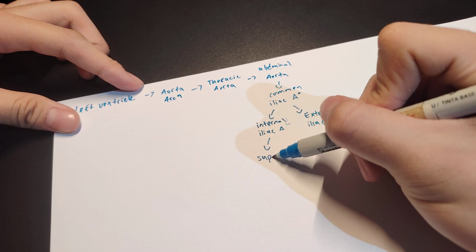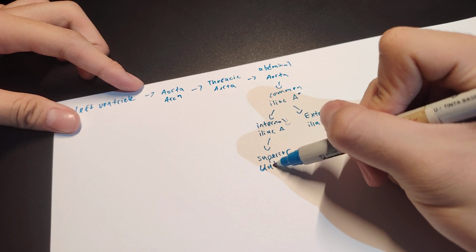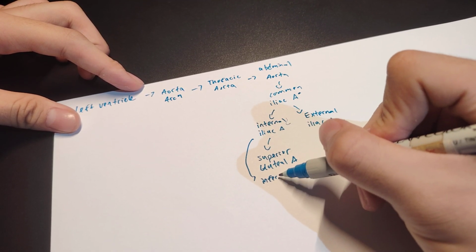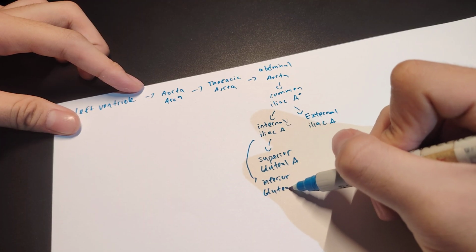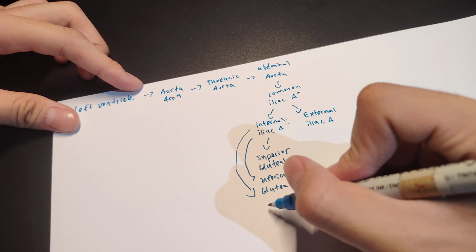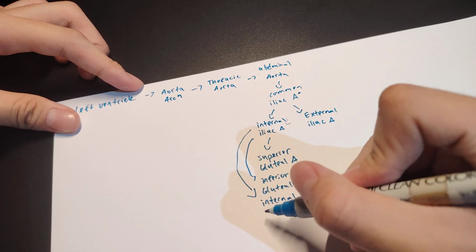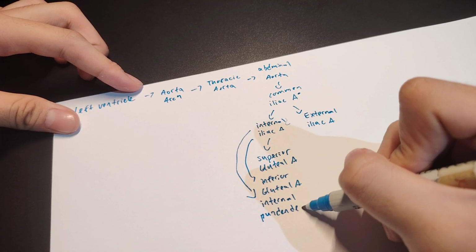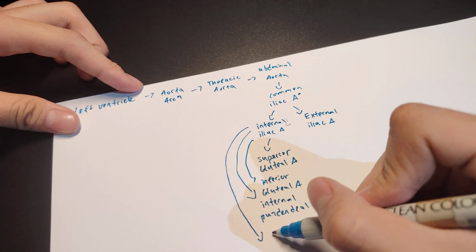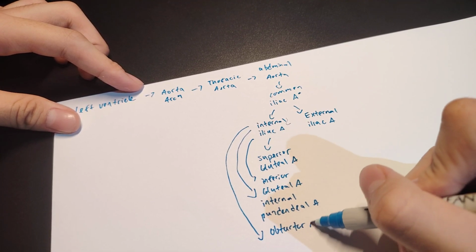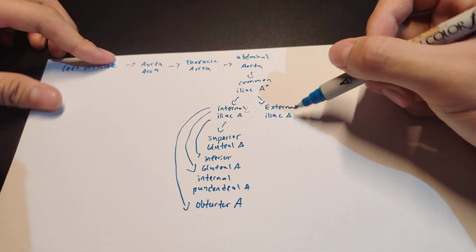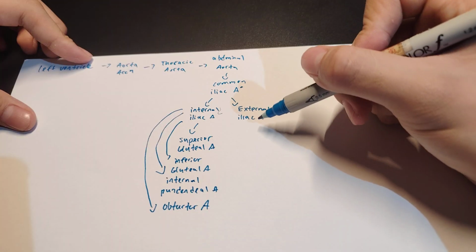First, we have the superior gluteal artery. Another structure will be the inferior gluteal artery. Then another structure would be the internal pudendal artery. And then another structure would be the obturator artery. Okay. From the external iliac artery, what happens is that it's going to split into this structure known as